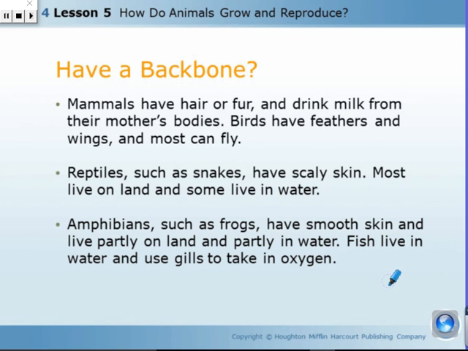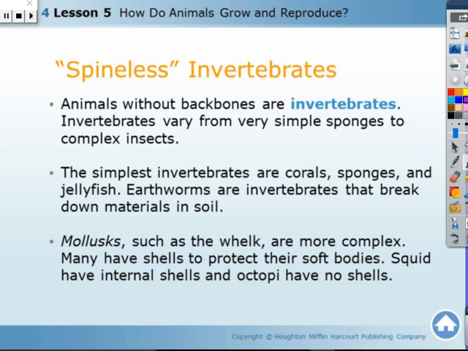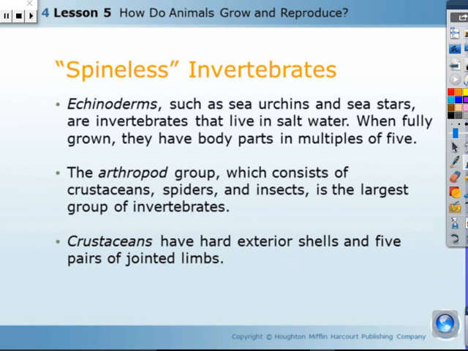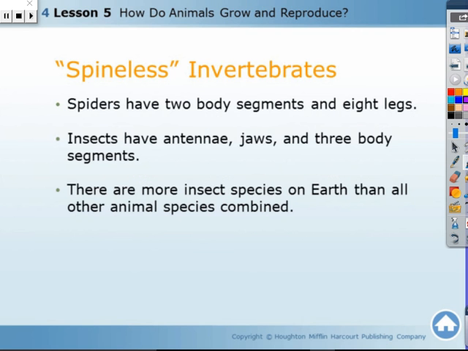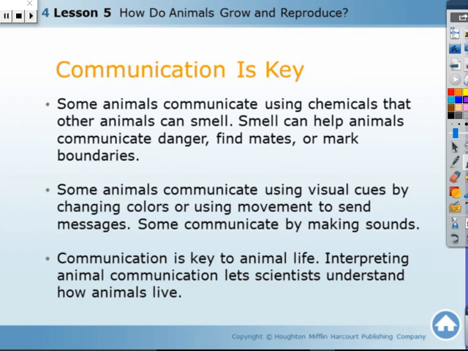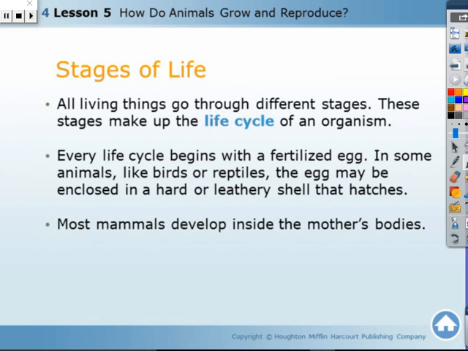Go ahead and watch the video on mammals, or animals that have backbones. Invertebrates, there's a video. Don't forget to add the different groups of them. Communication, life cycle,